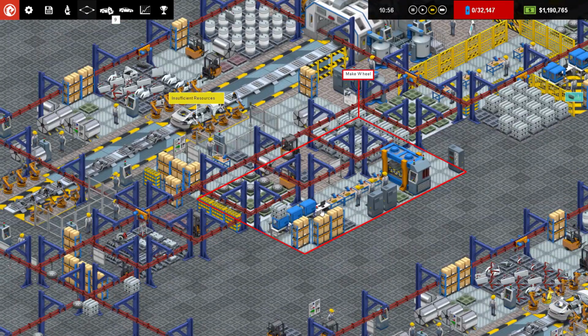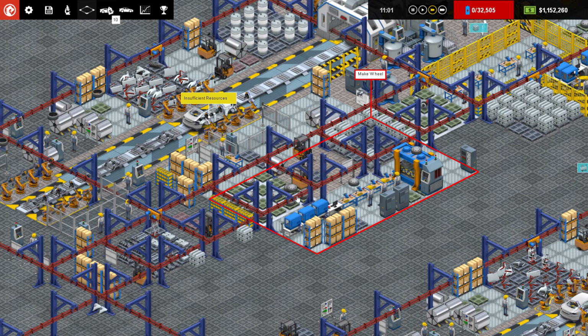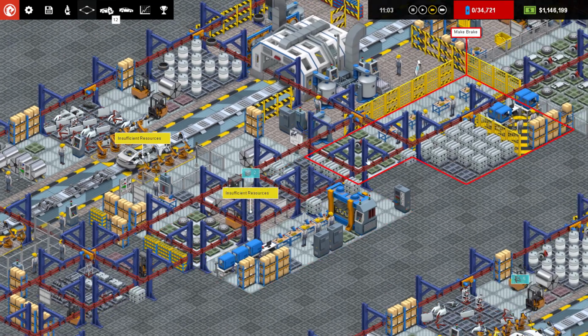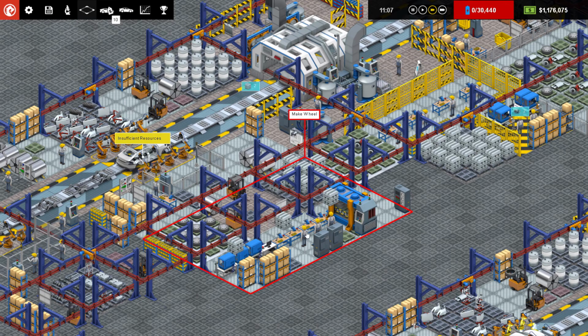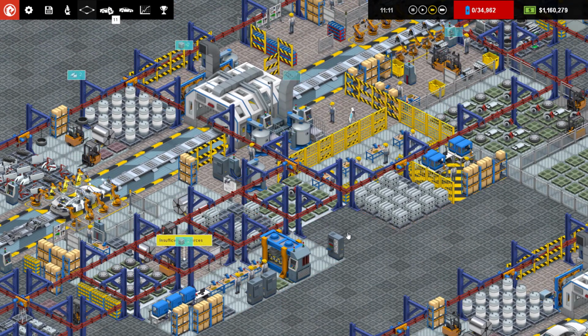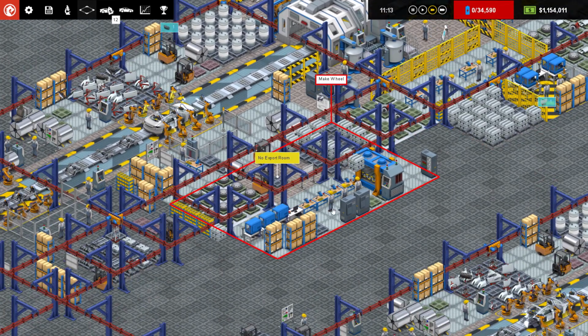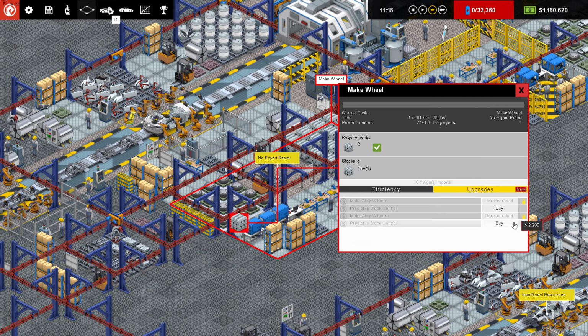No export room. See, the wheels manufacturer is actually running out of room. I guess they can make wheels a lot faster than you can make brakes, which makes sense. Wheels are just circles, right? That's super easy. Get some rubber, make it into a circle, blow into it, boom, you're done. Brakes, probably a little bit more complicated. I wish you could expand the inventory, though, on the...